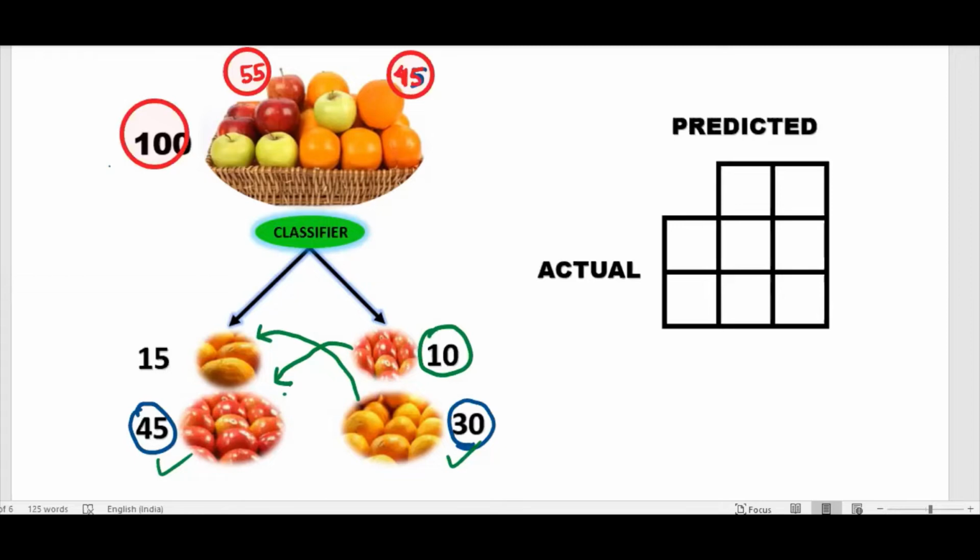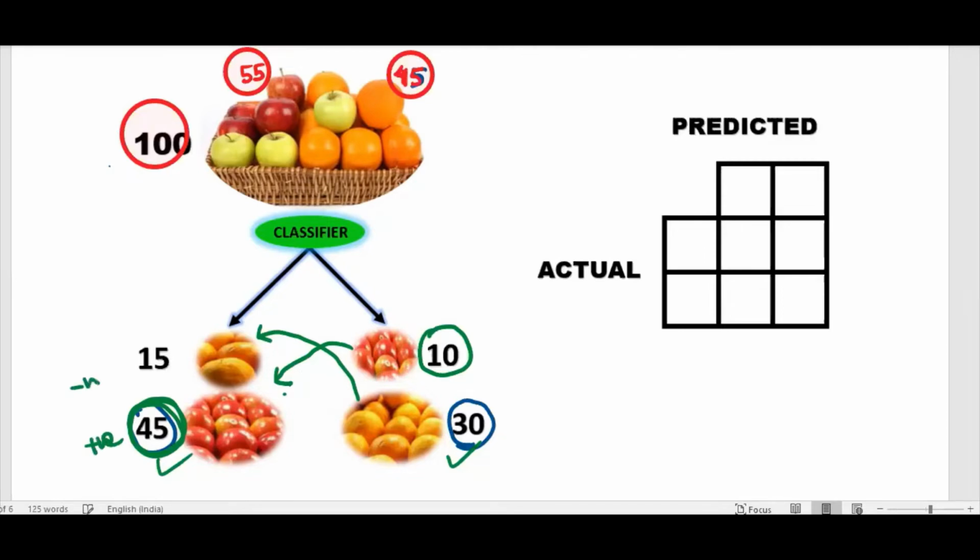So if you see the total error, 45 at least you got properly. Now at this point, you need to decide what is positive, what is negative. There are only two. It's a binary classification. We are using a binary classifier. Because there are two, one you can say positive, one you can say negative. Almost 50% of the students, once they see this kind of a thing, invariably they ask, what is positive, what is negative? Positive is something you want to give importance, you want to make the subject. So if you say this is your positive,